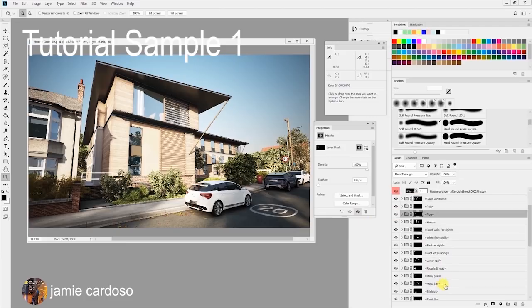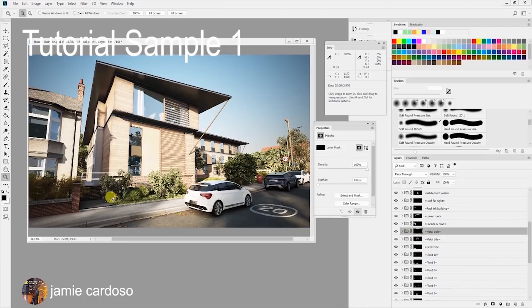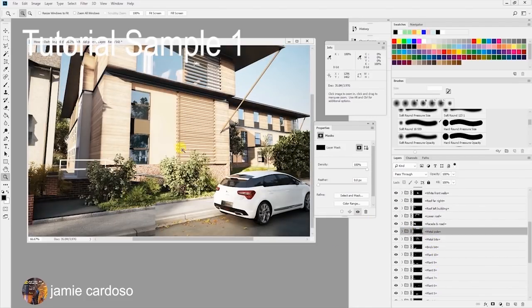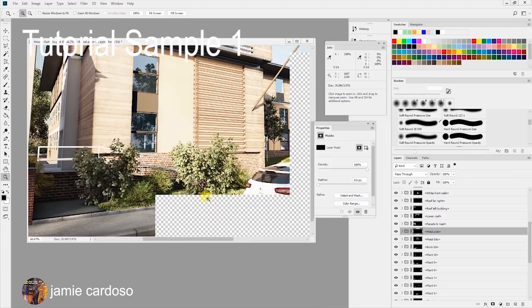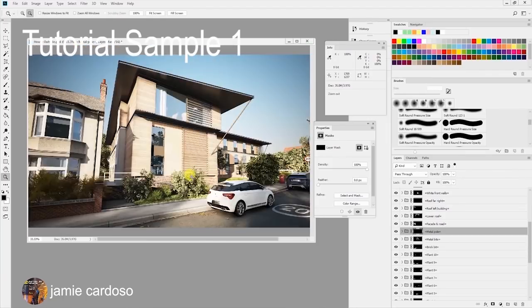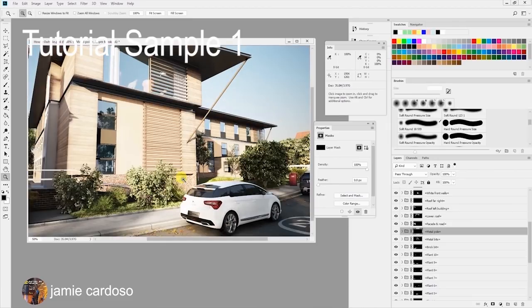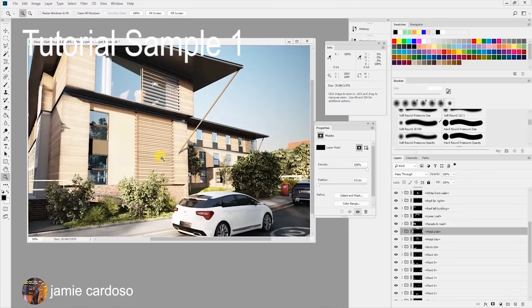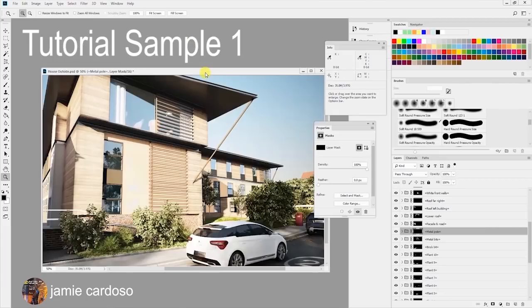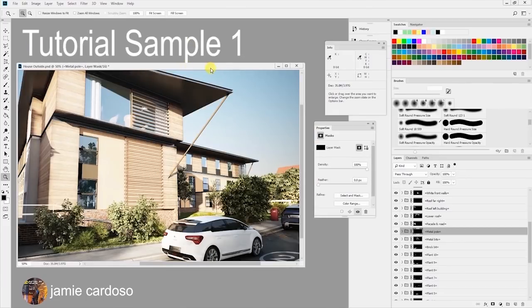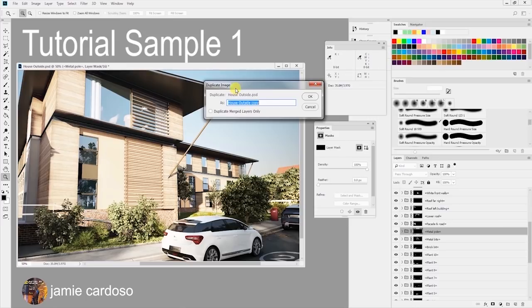So I've just organized it a bit further and I broke down some of the elements there. I've used exactly the same techniques as before, just desaturated a few things here and there, and this was the final result. So to finalize this, what we're going to do is to add a bit of chromatic aberration. So to do so, we're just going to select on the corner of the document there, right click, duplicate, like so,